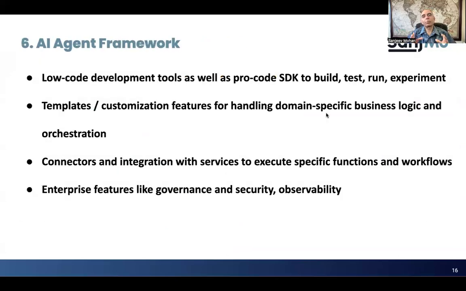How do you build it? As you can see, there are so many different components and pieces that go into building an agent. Am I expected, as a developer, to know all of these pieces? No, my job is to help deliver the business outcome. So an agent framework is what comes into place, where it abstracts a lot of the nitty-gritty details